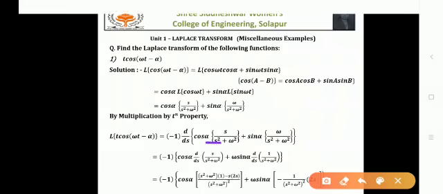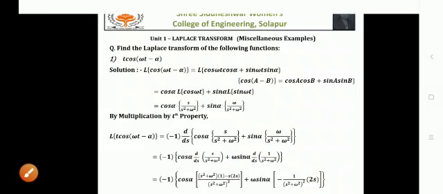Here the d by dx of u by v rule is applied, where u equals s and v equals s square plus omega square. And in the second term, the 1 upon f of x derivative formula with f of x equal to s square plus omega square is used. Now simplifying this result,